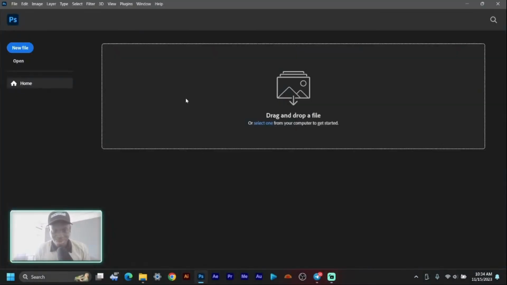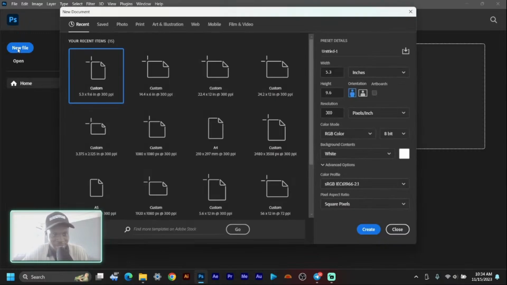Guys, today we are going to be making a birthday design e-card. I think I posted a tutorial on birthday designs some months ago, and I think it's time to do something new and something fresh. So we'll start by creating a new file, and I'm just going to change the unit